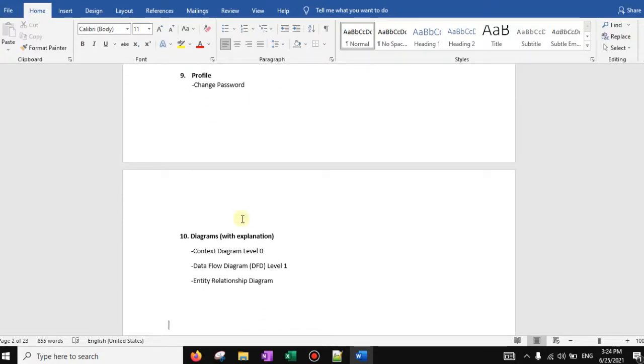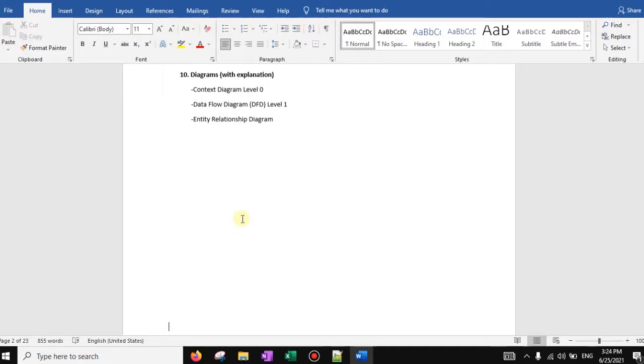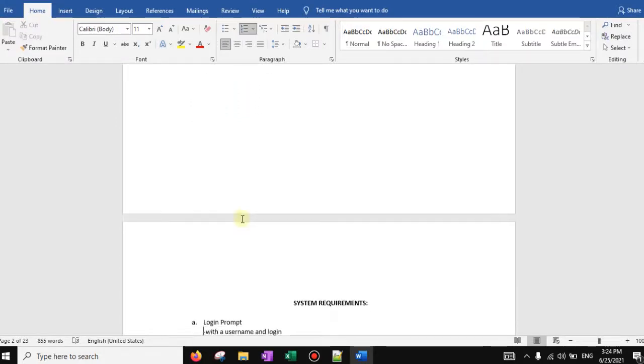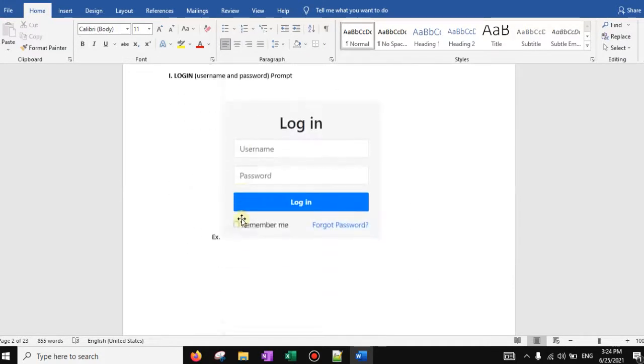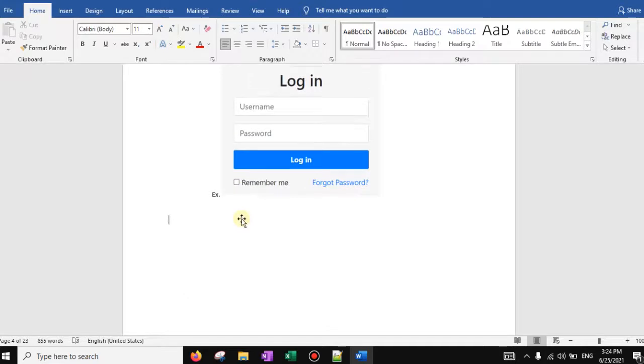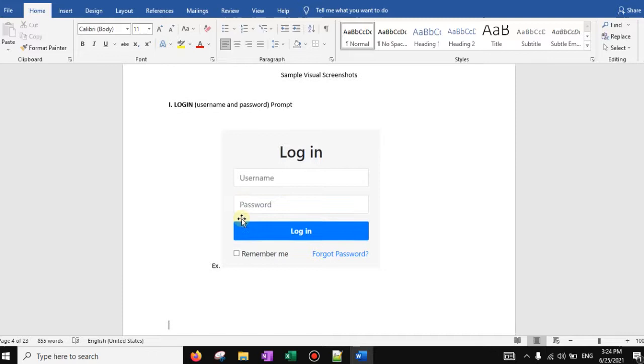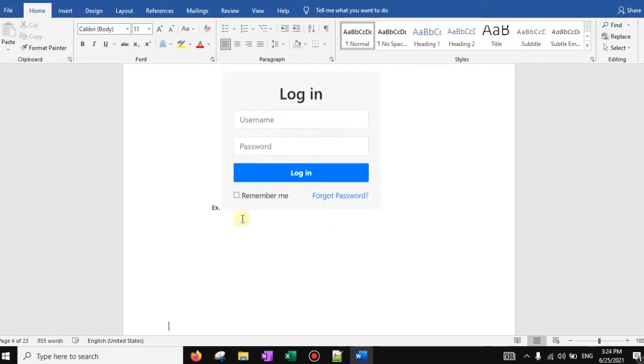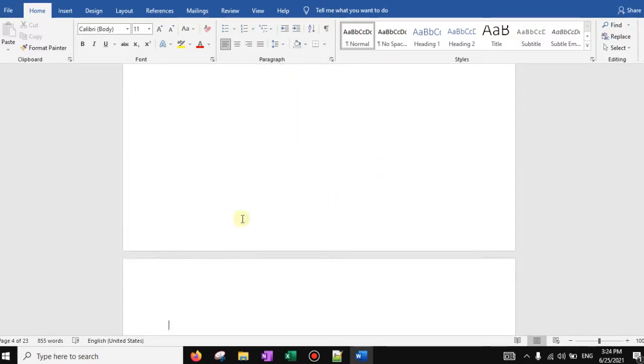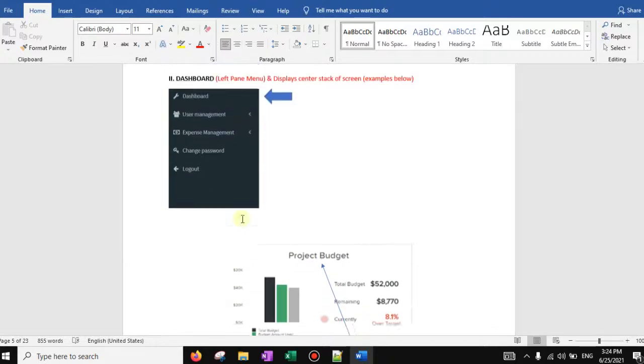We can see the profile and login. There should be a diagram, and this should be the login page like this. There should be a username, password, forget password, remember, and this should be the dashboard.